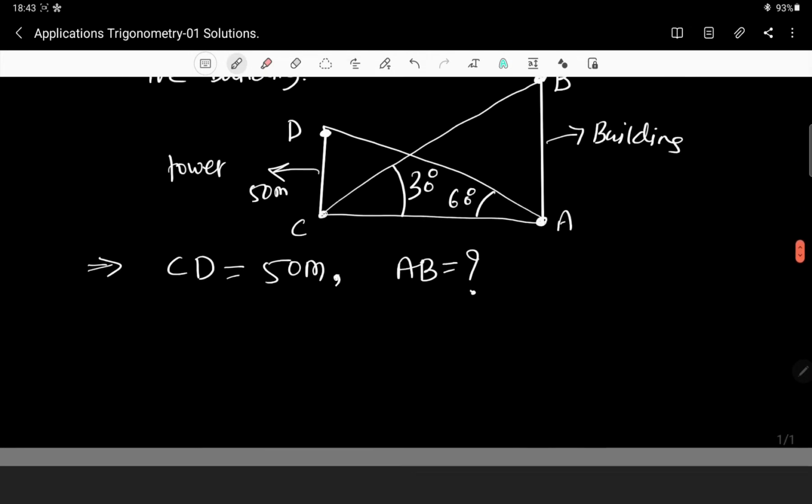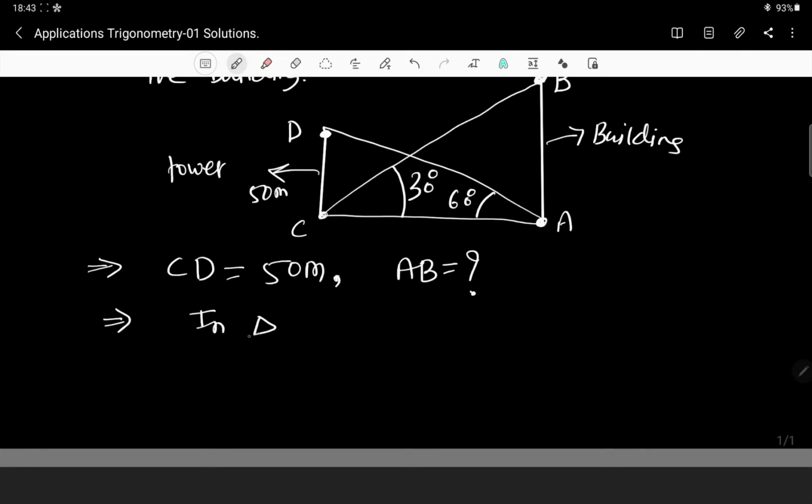Okay, so now what is the hint here? Can you see the triangle? Look at this triangle ADC. Can you see the triangle ADC? Of course, these things are 90 degree, and here also the full angle is like 90 degree. That is known to you. No need to worry about that.